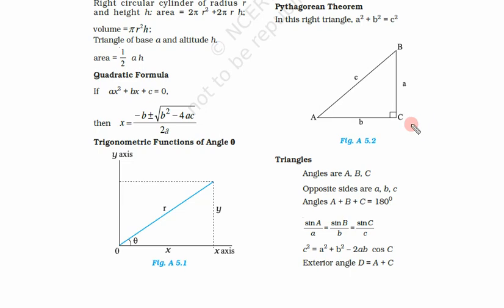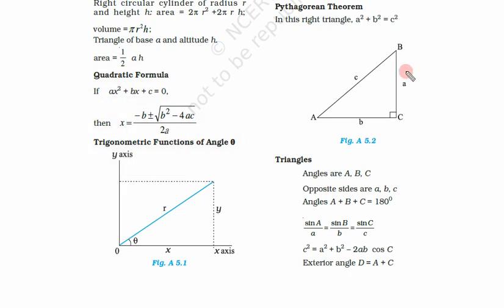So we have learned about some of the basic formulas of geometry and this quadratic formula. If we have some quadratic equation, how can we calculate the roots of this equation? What is the meaning of root? The meaning of a root is if we put that root, or say value of x, into this equation, that comes out to be 0, which satisfies this equation, that is called a root.